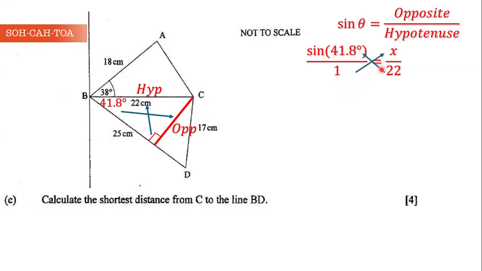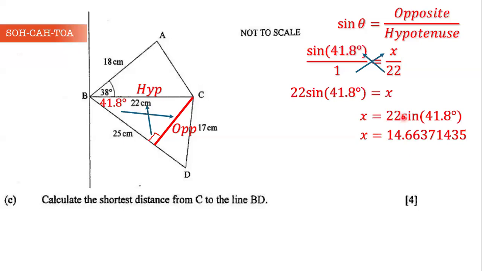We say 22 times sine of 41.8, and we say 1 times x. Now 1 times x is simply x. And 22 times sine of 41.8 is just 22 times sine of 41.8. We can switch the way we have it. So x is equal to 22 times sine of 41.8. And let's evaluate this. What is 22 times sine of 41.8? Well, the answer is